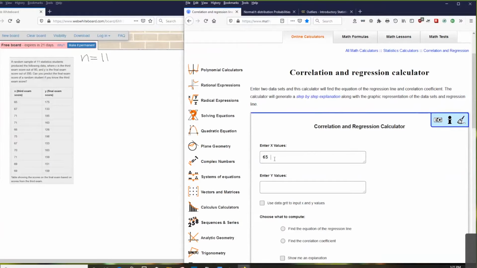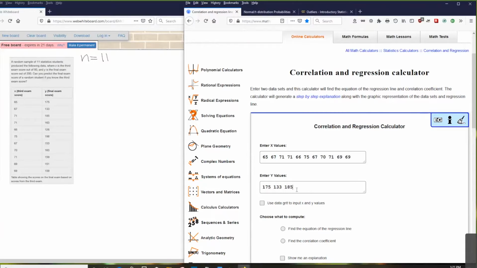So I've got 65, 67, 71, 71, 66, 75, 67, 70, 71, 69, 69. And then I'm also going to do the Y values, 175,